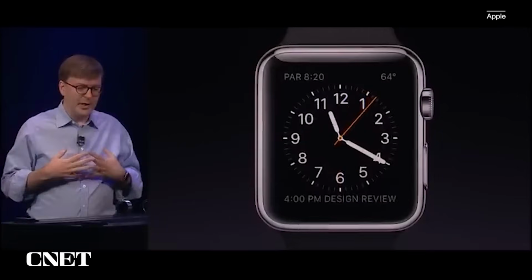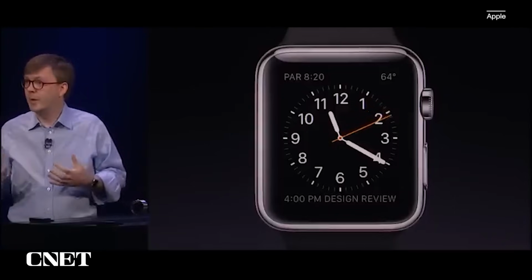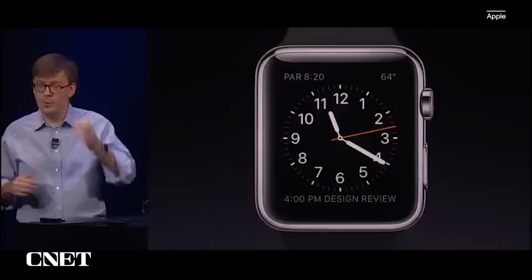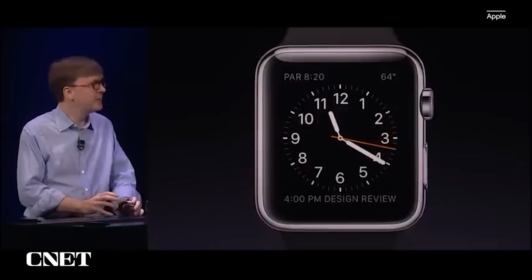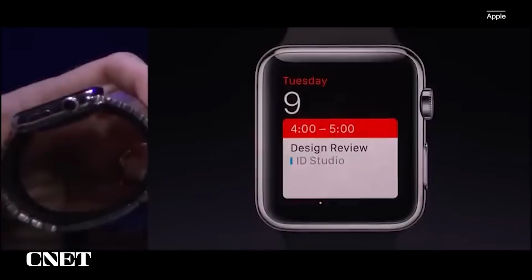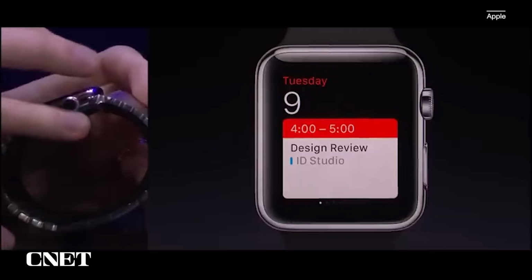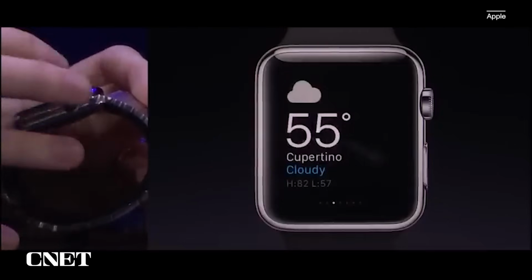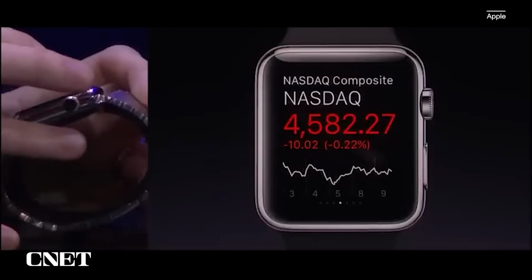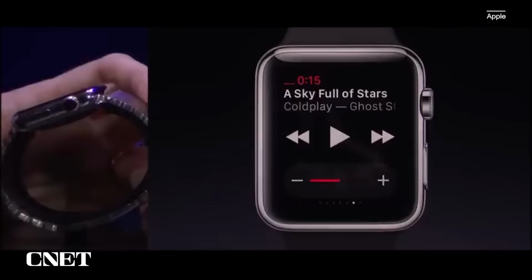Now, in addition to looking at the time, we also thought it's really important to look at other information as well. So how do we represent that in a really glanceable way? So we've created something called glances. And the way you get to glances is you just swipe up from the bottom of the watch face, and you'll see information that you choose to have here. Here's my next meeting. And if I just swipe horizontally, I can see things like where I'm located here at Flint Center, the current weather outside, NASDAQ stock quote, and world time,